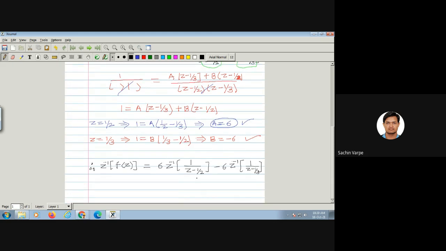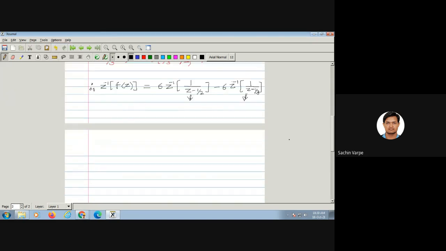So now here I want to use the method of power series. For the method of power series, I have to write this in terms of a series, and this in terms of a series, and then I'll get the coefficients. So for the first one, I'll use the ROC mod z less than or equal to half, and that is given to us. But for the second one, ROC is not directly given, it is indirectly given. I can directly write mod z is strictly less than 1 by 3. Equality will not be there.